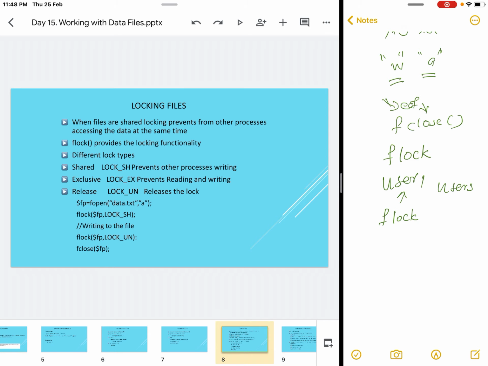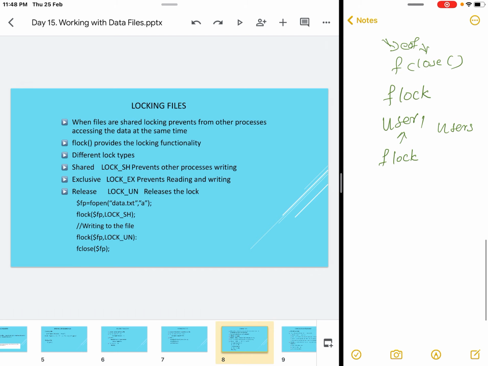And if user 1 wishes to give the control to other users, it can be given by specifying the lock type. So LOCK_SH is one of the locking types, and if the file is locked using LOCK_SH type, it prevents other processes from writing into the file.